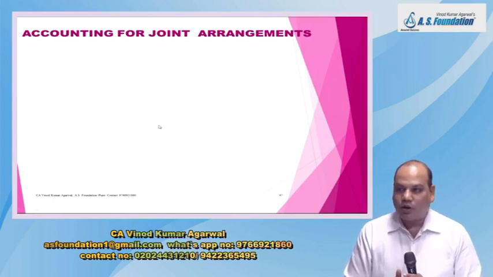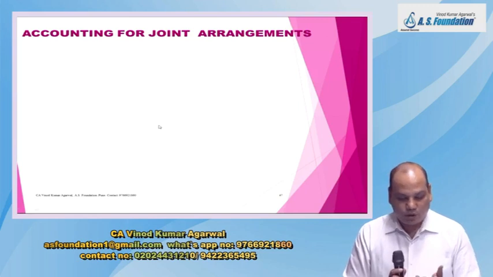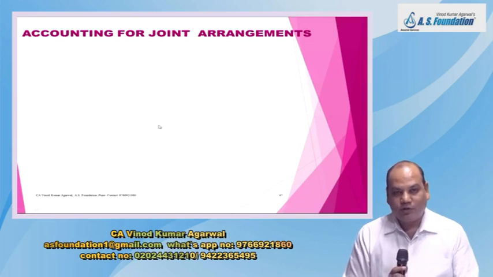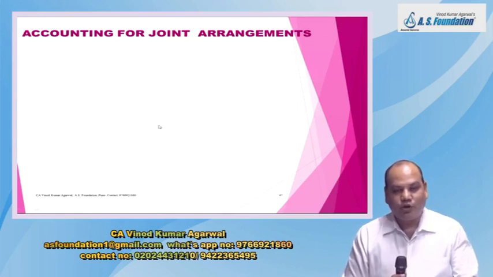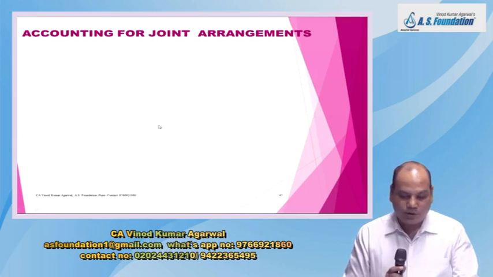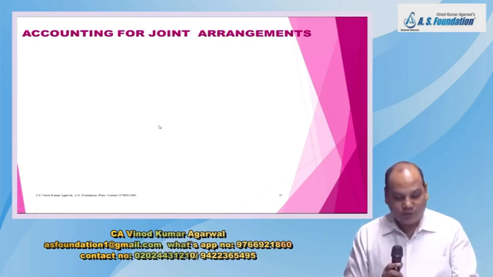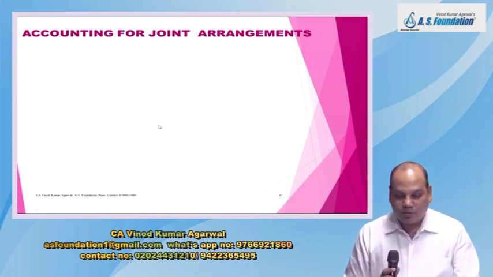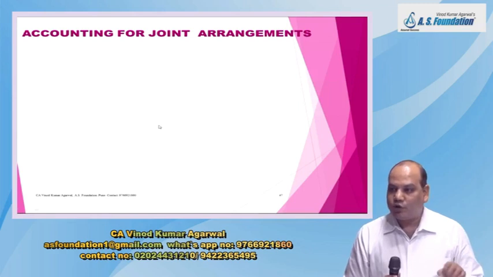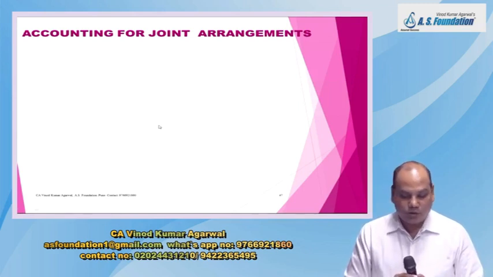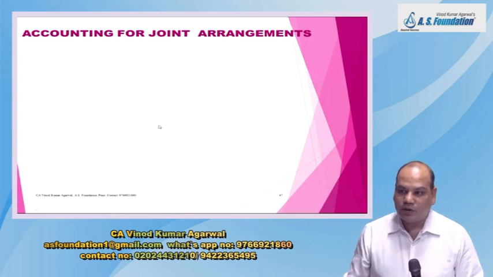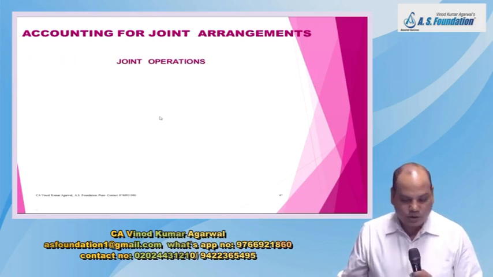And now we will come to the accounting part. So what we did today, we first understood the meaning of joint control, joint arrangement. When will it be a joint operation? When will it be a joint venture? Parties to joint arrangement, separate vehicle, venturer, joint operator. But then ultimately, what is our objective? Accounting. So this chapter will deal with accounting for joint operation. Accounting for joint venture will be further covered by IS 28.